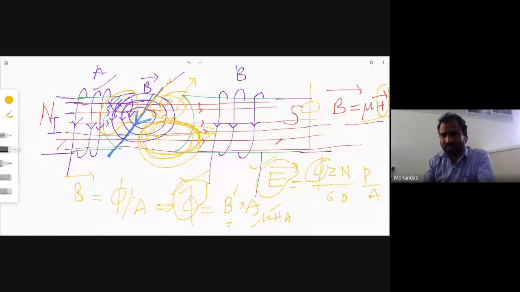If you want to design, or if I want 0.5 Webers of the flux, okay, it is depending upon which parameters here, it is depending upon the H value. Based on those parameters only, we can design a particular machine. Okay, so these basics are very, very important if you want to design a particular machine for a particular rating of voltage or current like this. Is it clear to everyone? Anybody have any doubts in this case?